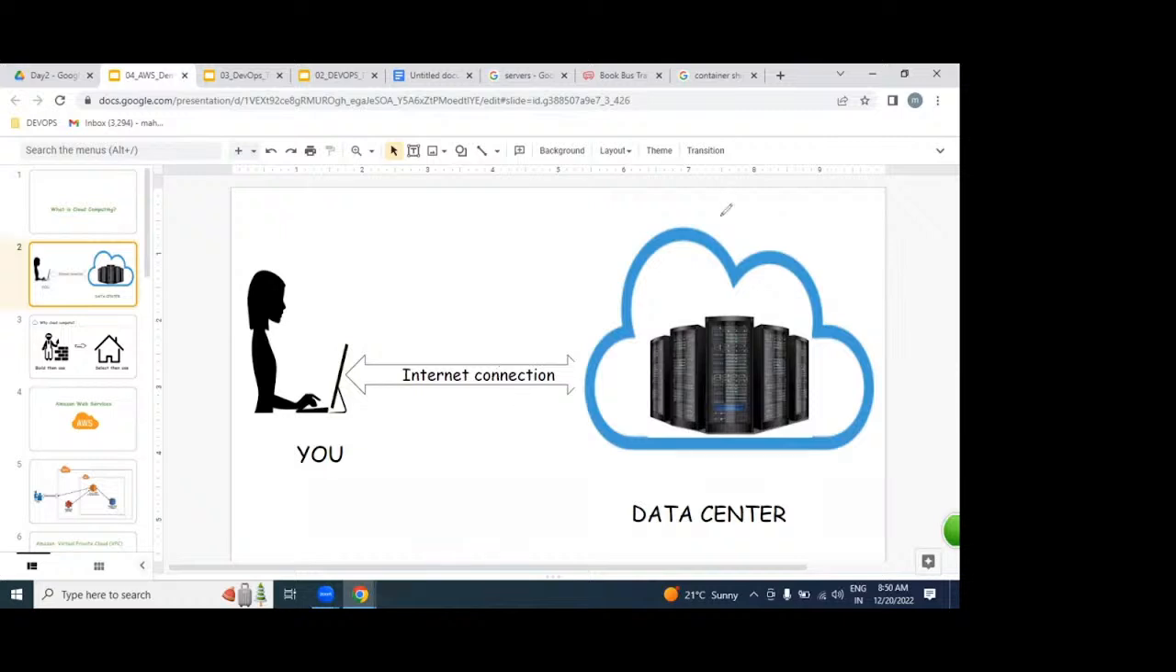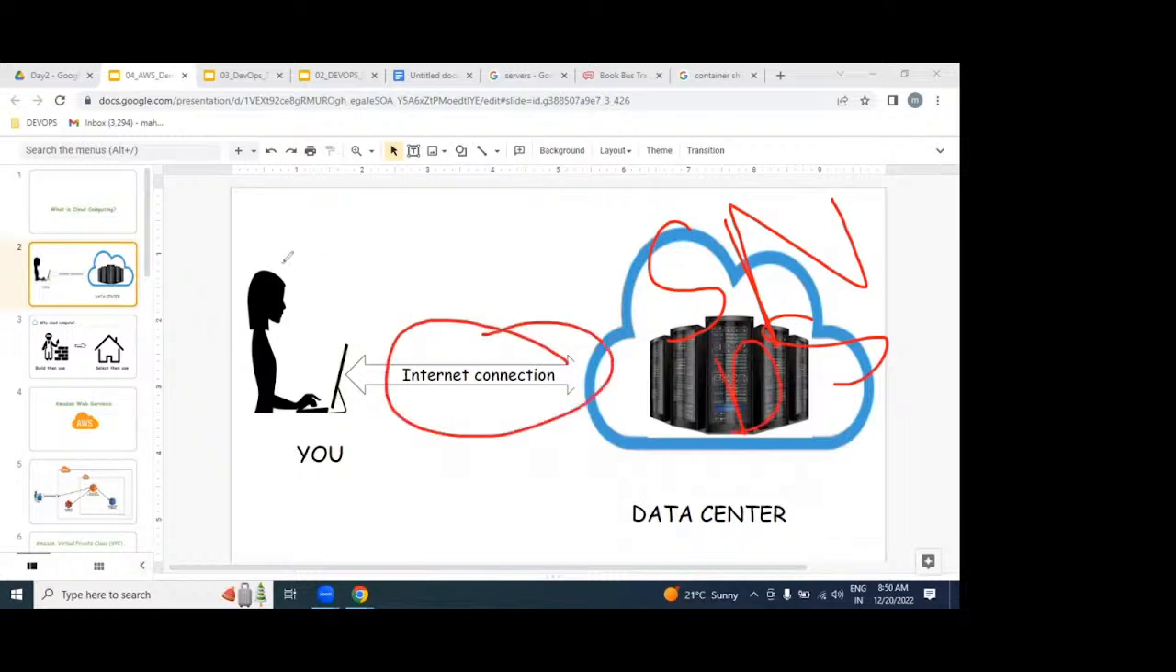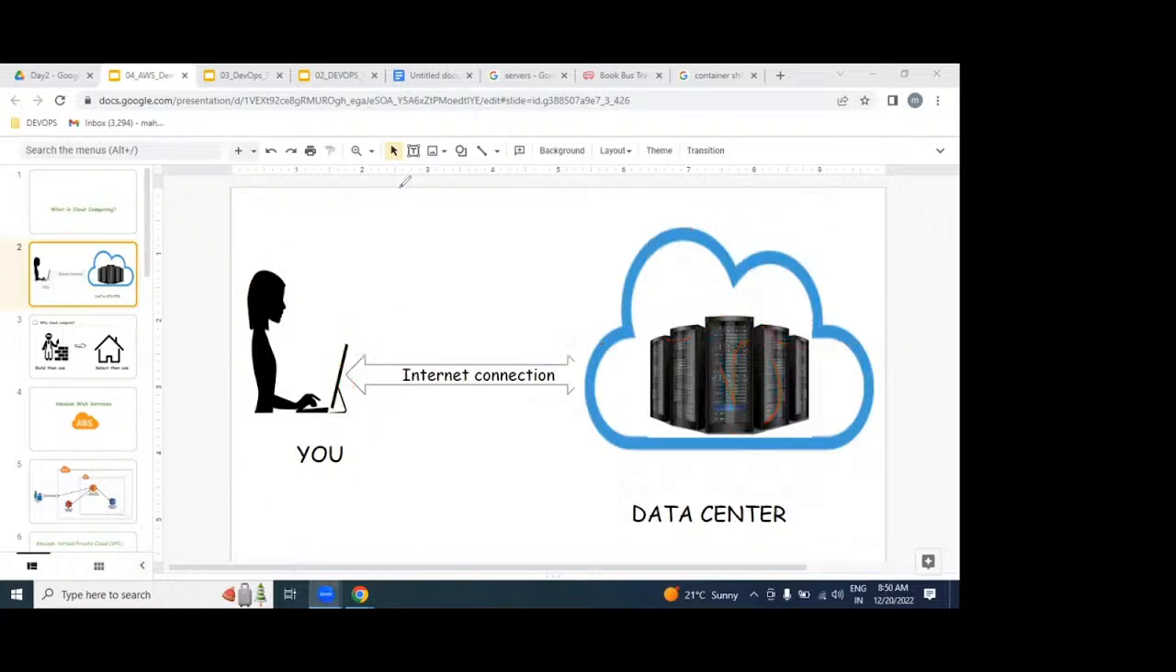So the remote placed resources, any infrastructure, either servers, network, storage, databases, if you are able to access over the internet from a laptop, is nothing but cloud computing. Any cloud, either Azure, Google, or any cloud,